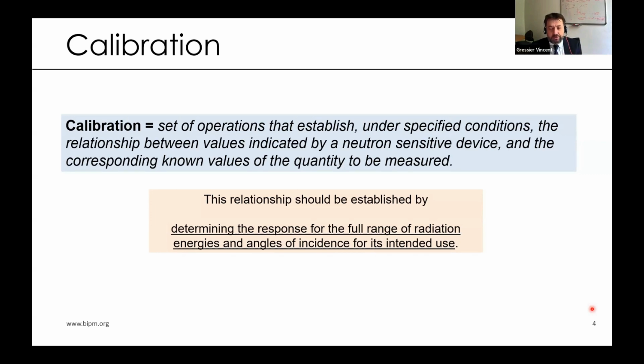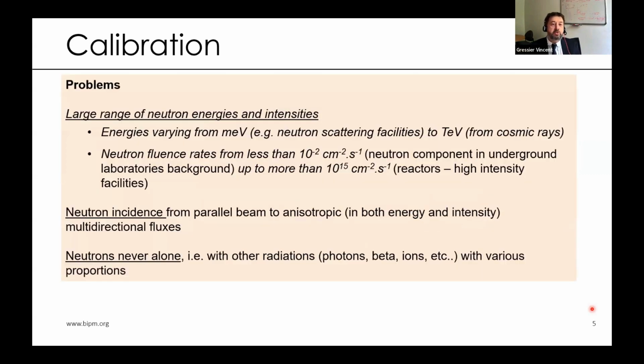And you will face some problems very quickly, because you have a large range of neutron energies and intensities. In neutron metrology, we are facing energies varying from a few milli-electron volts to tera electron volts. So there is a large scale of energies that we have to cover. The neutron fluence rate also goes from very low levels to very high levels. So we are speaking about 17